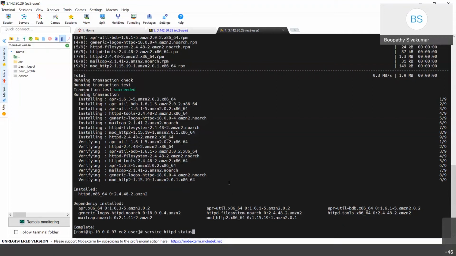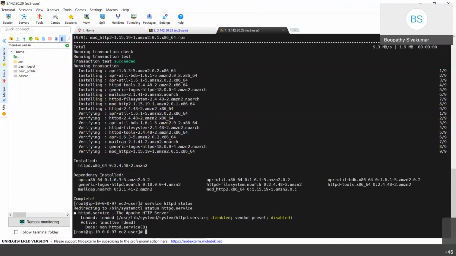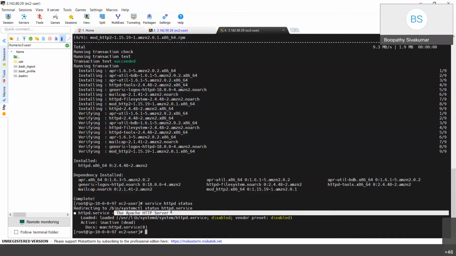Yeah, give enter. Okay, so if you see here, it shows the Apache server. If you are not seeing this message, it will throw an error that there is no command called HTTPD.